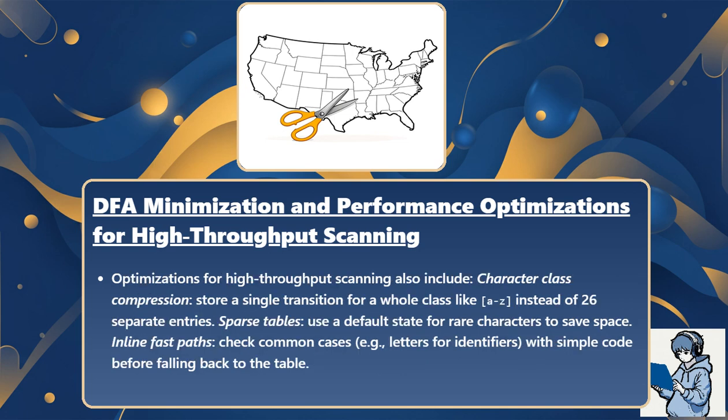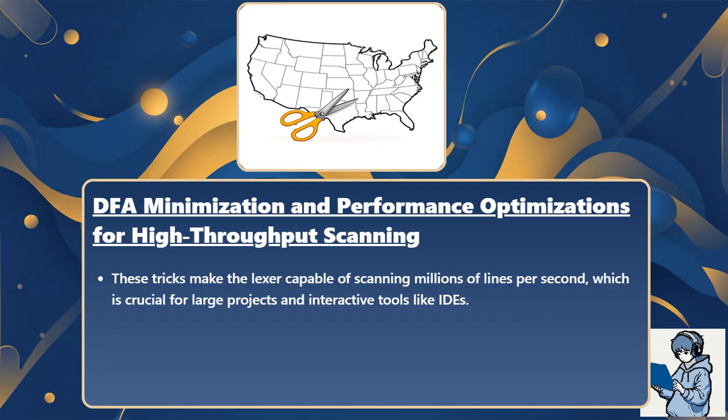Optimizations for high-throughput scanning also include character class compression, which stores a single transition for a whole class like a to z instead of 26 separate entries. Sparse tables use a default state for rare characters to save space. Inline fast paths check common cases, such as letters for identifiers, with simple code before falling back to the table. These tricks make the lexer capable of scanning millions of lines per second, which is crucial for large projects and